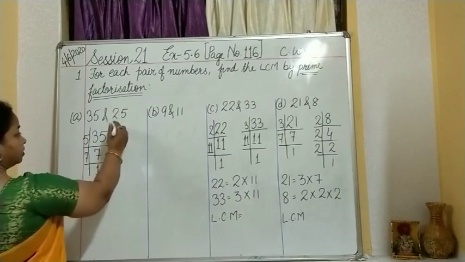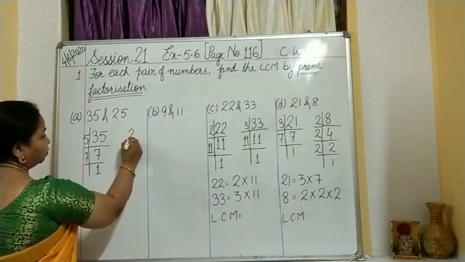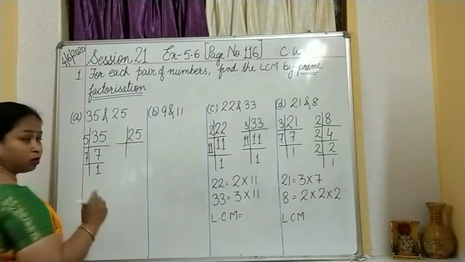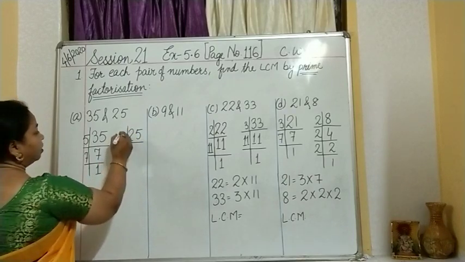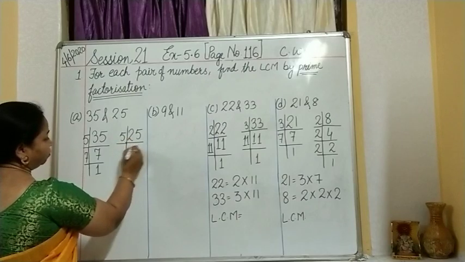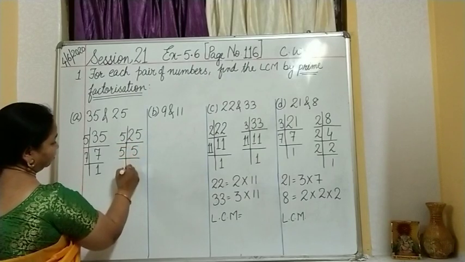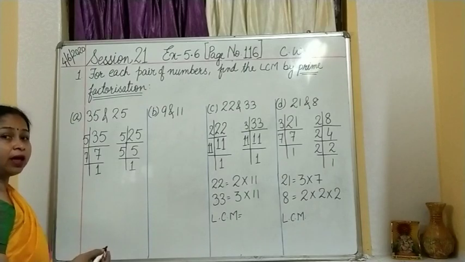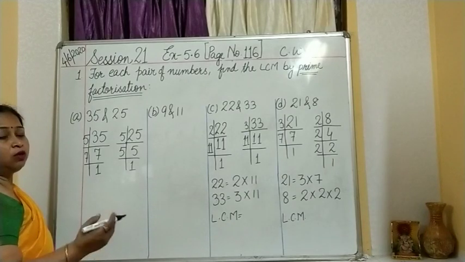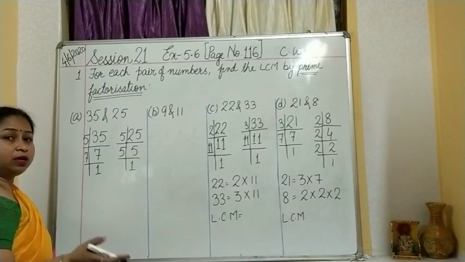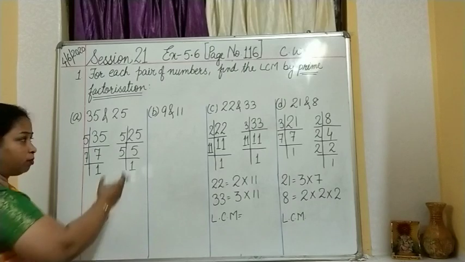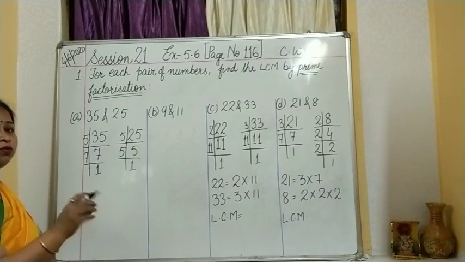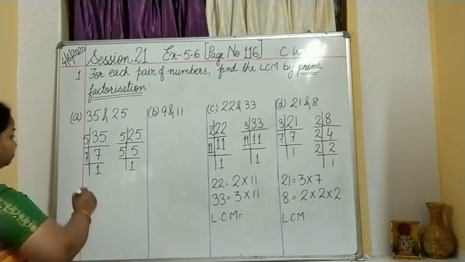Then you can see 25 is also present. So we take 25. Find out the factors, prime factors, not factors, prime factors. Okay. 5 fives are 25, 5 ones. Got the prime factors for both, because you are now well aware, as you have already done factors, you have done prime numbers, you have done HCF. Now this common method we are following, and only at the last will you find some difference.